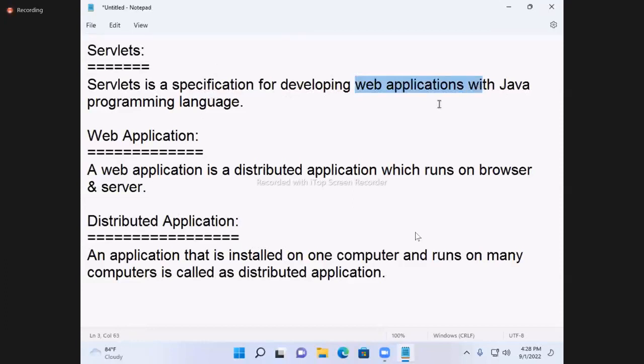And if you want to build this type of application, rules and guidelines are required, and those are present in this document, that is servlets. That is the most important part of entire Java. But if you want to write a servlet program, core Java knowledge is compulsory. Like further, JDBC you learn. For JDBC, is core Java required or not?